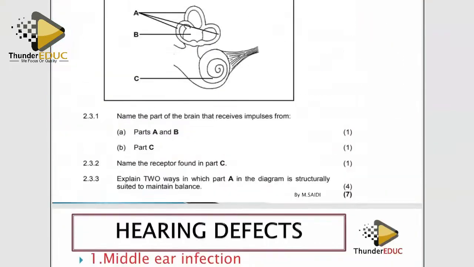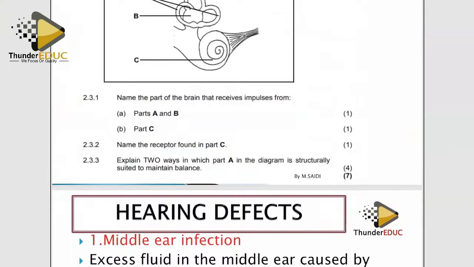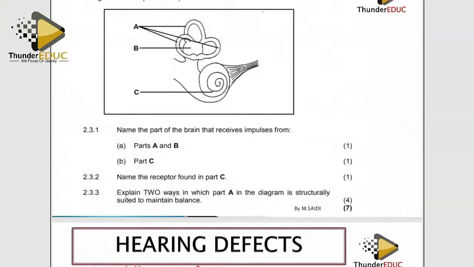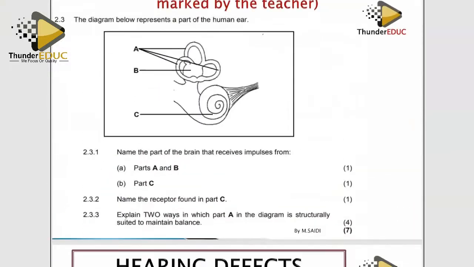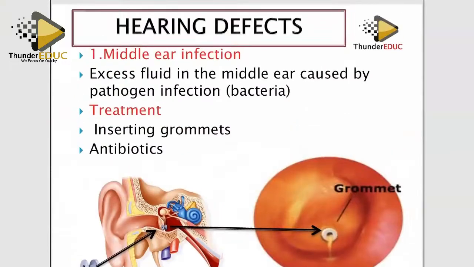Let's just talk about: explain the ways in which the ear is affected in diagram structures. Yes. So you see, now you can also practice that question. I'll paste it in the group so that you're able to do it. Hearing defects, middle ear infection, meaning that here you have problems with the,